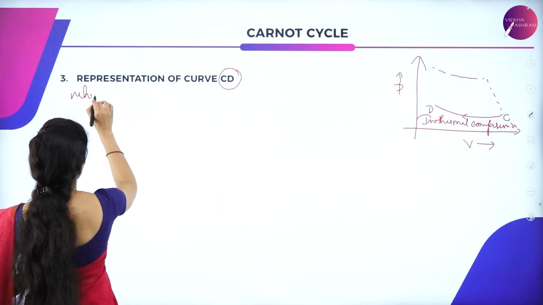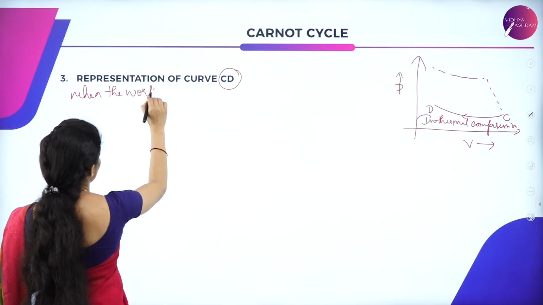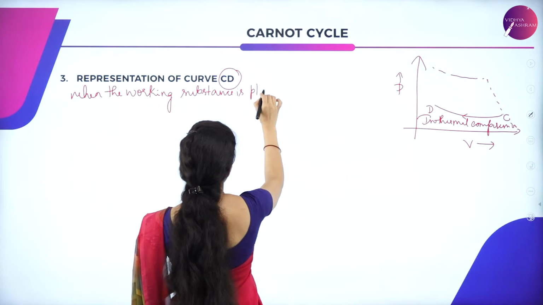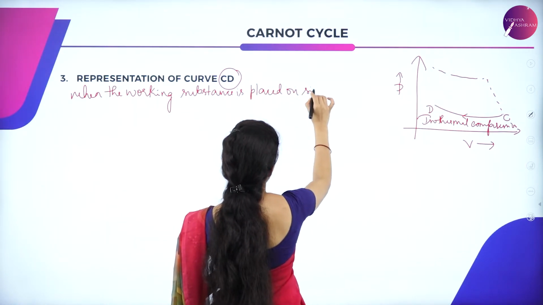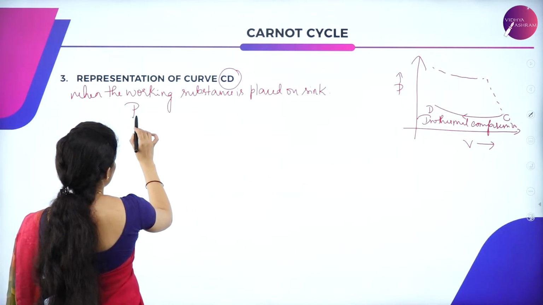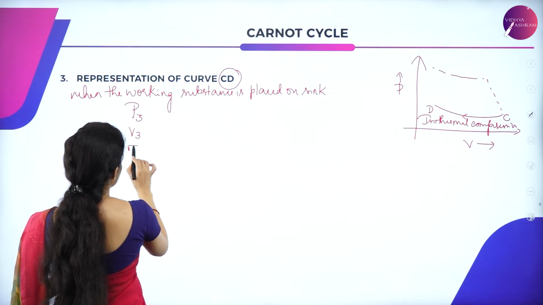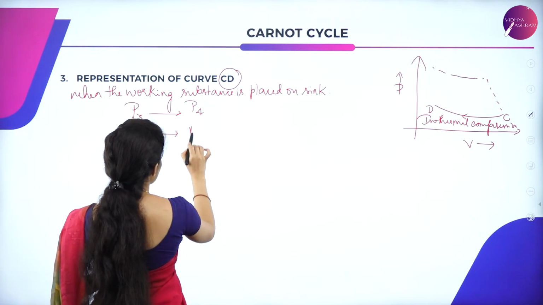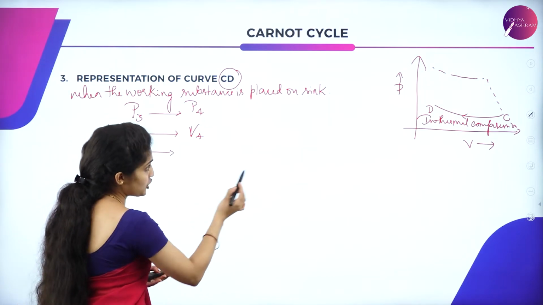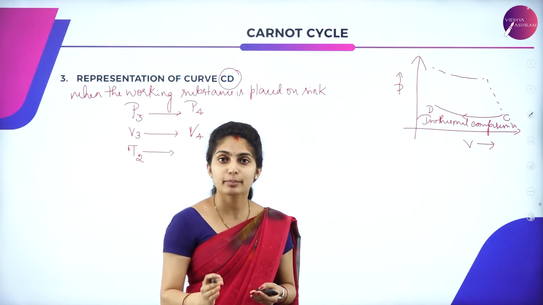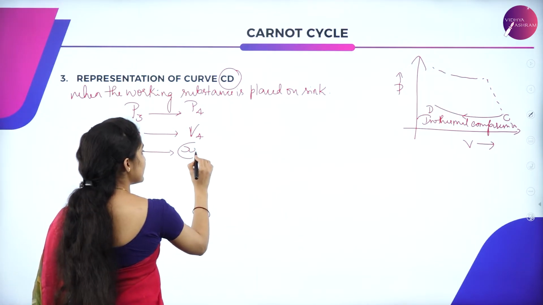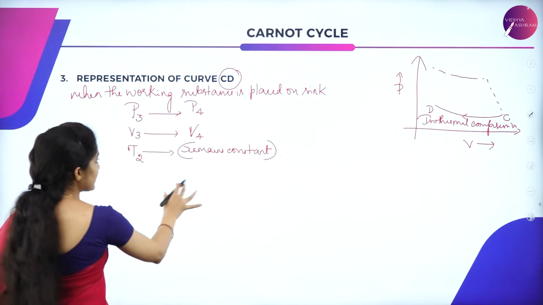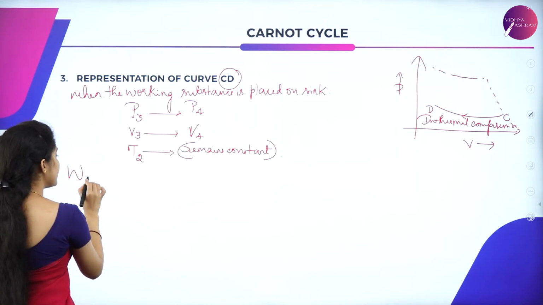So when the working substance is placed on the sink, the pressure P3, volume V3 and temperature T2. The pressure P3 changes to P4, V3 changes to V4. But what happens to the temperature during isothermal compression? It remains constant. So when this is the case, what happens to the work done can be written as W3 is equal